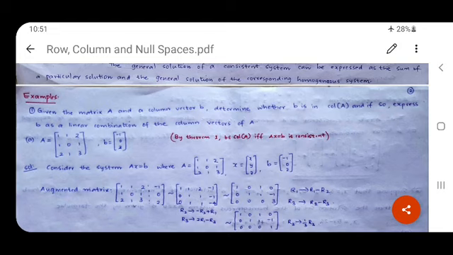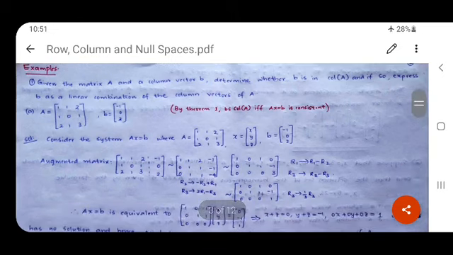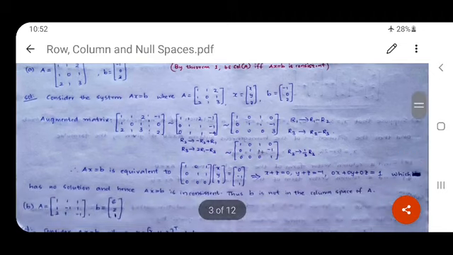So here A is given row-wise as 1 1 2, 1 0 1, 2 1 3, and b is the column vector minus 1, 0, 2. So let us solve the system Ax equal to b, where A is given, b is given, and x is the column vector x y z. So we consider the augmented matrix and row reduce it. By reducing it, we have the matrix 1 0 1 0, 0 1 1 minus 1,